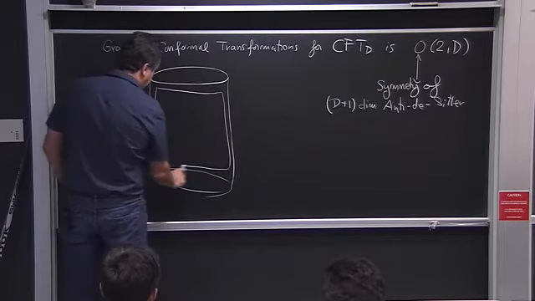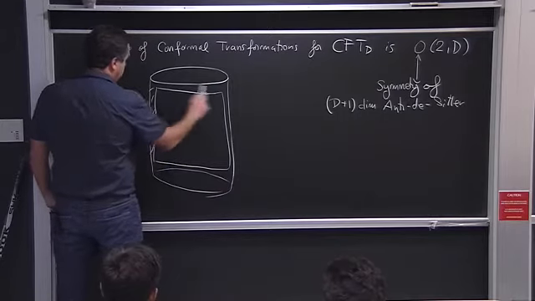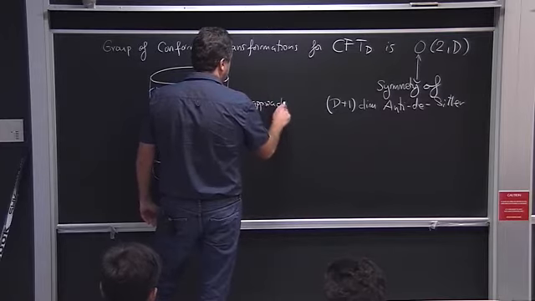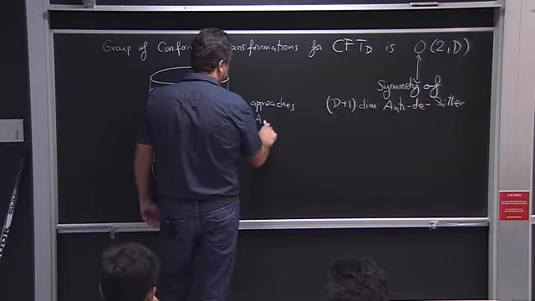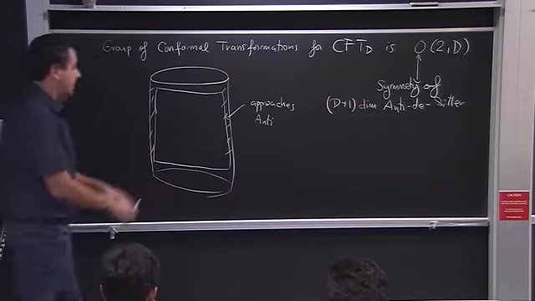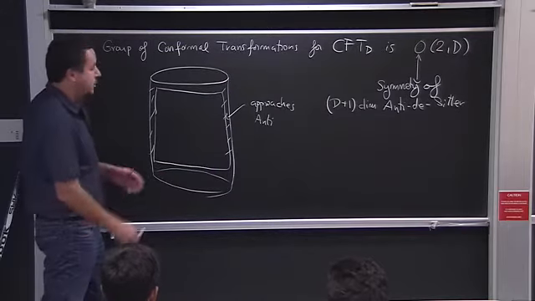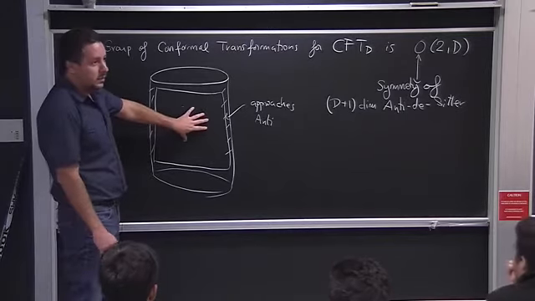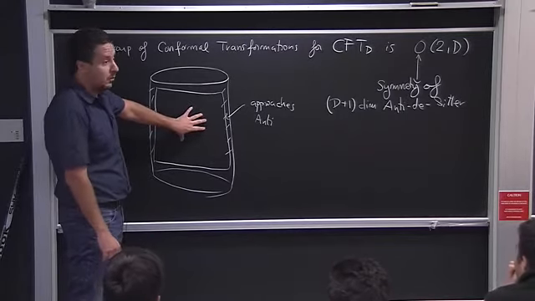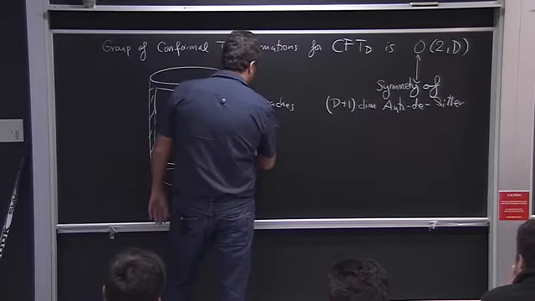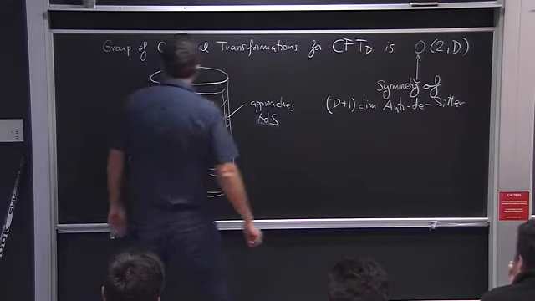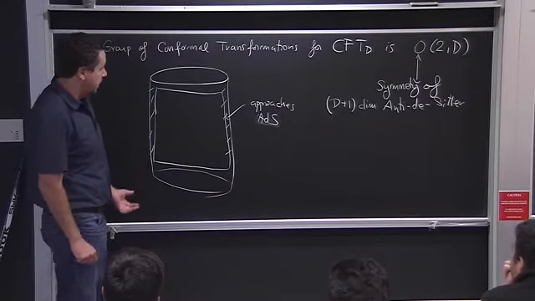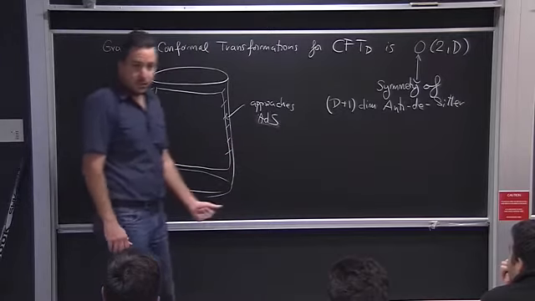And near the boundary, the geometry approaches this anti-de Sitter space. I'd need more time to explain more carefully what this means, but you have a geometry that is asymptotic to anti-de Sitter space. Inside, you can do whatever things are allowed by quantum gravity. And the statement is that the Hilbert space of quantum gravity with this asymptotic geometry